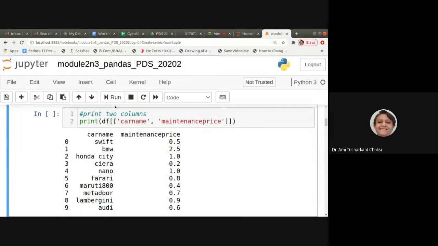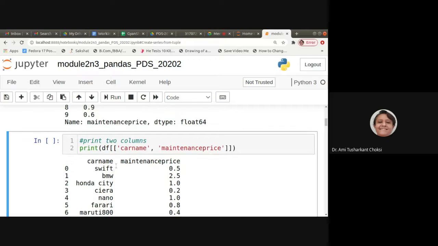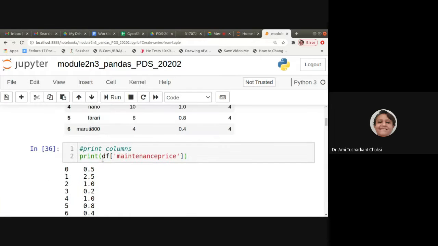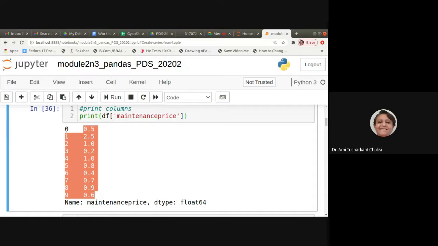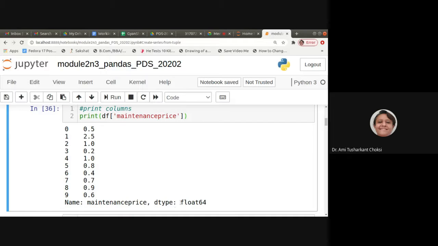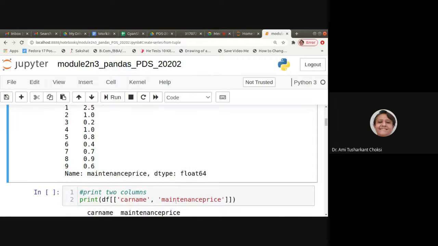So that value I'll be getting. Here it is df of maintenance, right? So maintenance values will be there, and the index too. Without the index, it doesn't work. What is the dtype of it? That is float64, right?